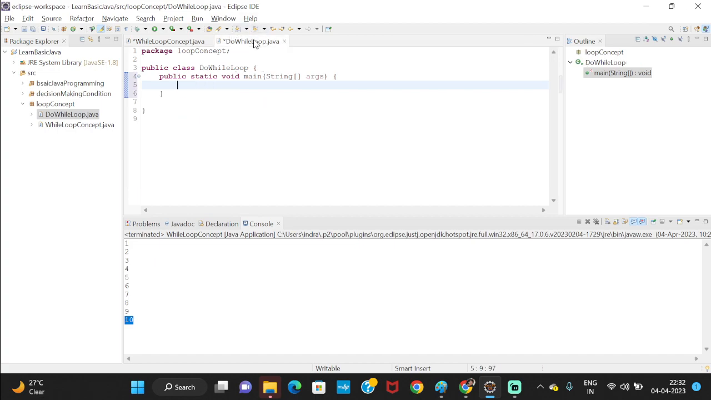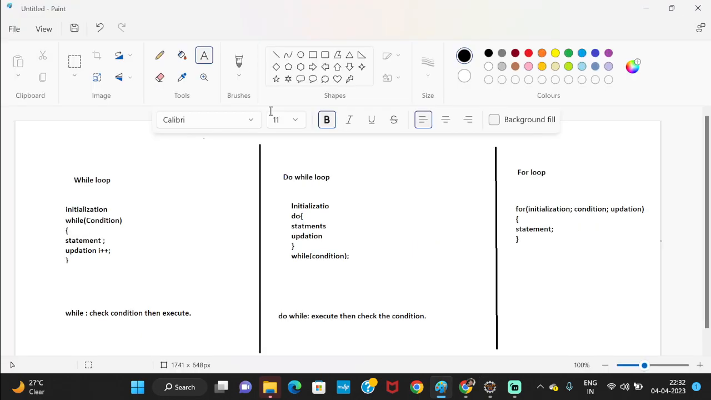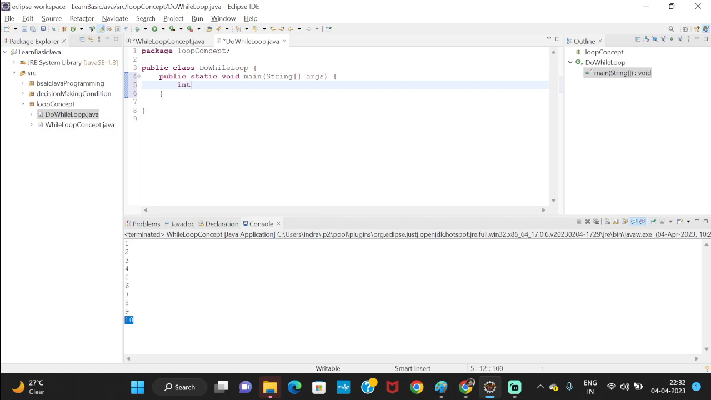Now we will understand this do while loop. In the do while loop, again we will follow this syntax. What it is saying, it is saying initialization. So first we will initialize the value int I is equal to 1, and then what it is saying,